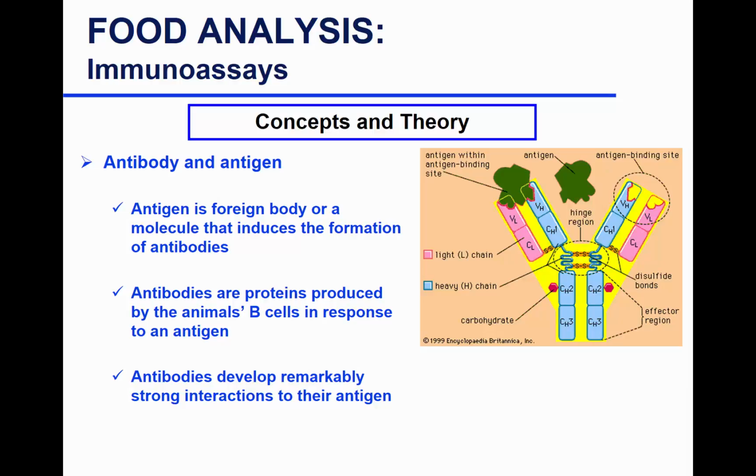So how do these antibodies form in the body? They are often formed when the body is exposed to a foreign matter, or at least the body thinks it's a foreign matter. So B cells in the body, specific B cells, generate antibody, and some of these antibodies result in an allergic reaction. Not all antibodies result in an allergic reaction. So, for example, IgE, immunoglobulin E, is a very specific antibody that will bind to, let's say, a protein and generate an allergic response. But what is used in food analysis is actually